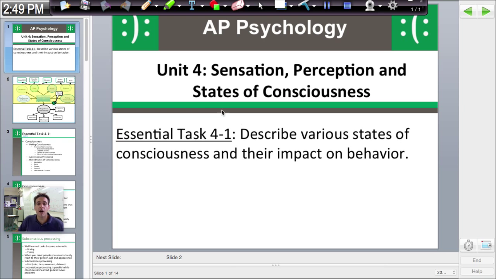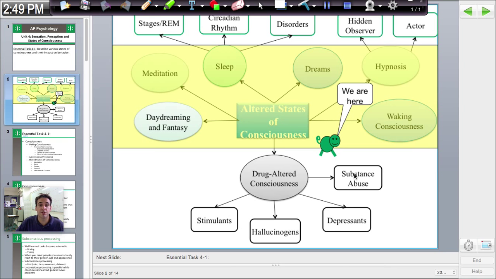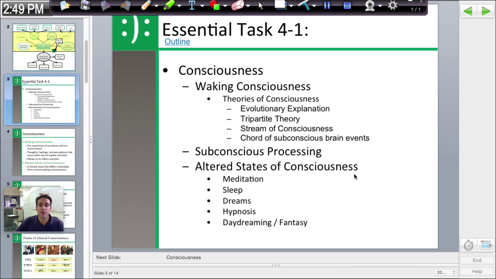So, as I already said, this is what we'll look at today. This is kind of where we are headed. Sleep, dreams. Ooh, we will do a dream assignment too. I forgot all about that. So today we are here at waking consciousness. These are what we will take a look at today. Copy these down if you feel like it.